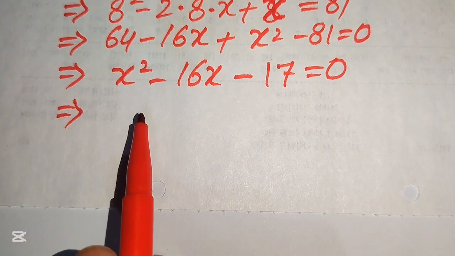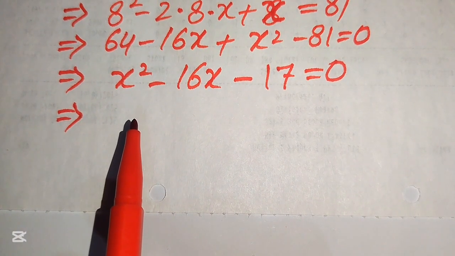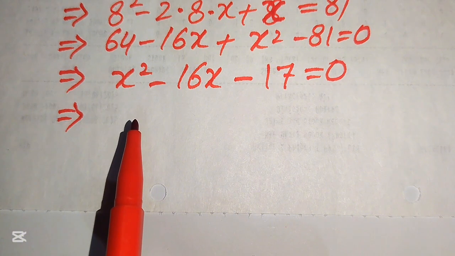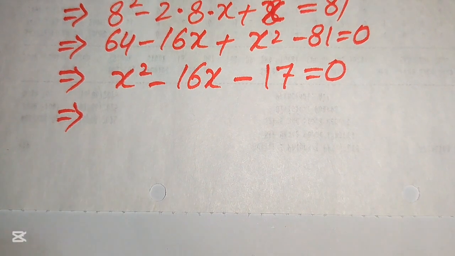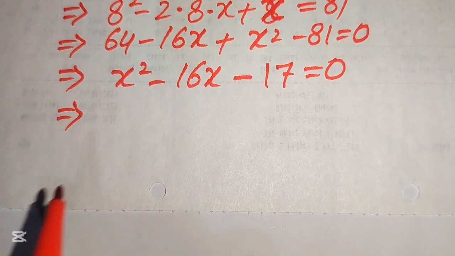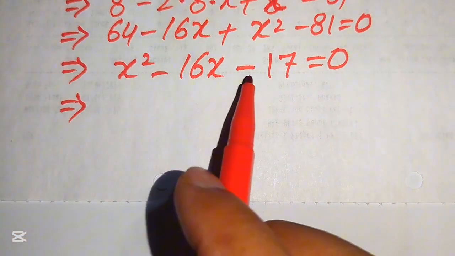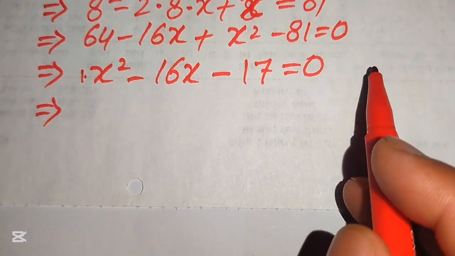So you know that there are three methods to solve the quadratic equation. The first method is factorization method, the second method is completing square, and the third method is by applying the quadratic formula. So we solve this problem by using the factorization technique. For this, we multiply this minus 17 by the coefficient of x square, and we will get here